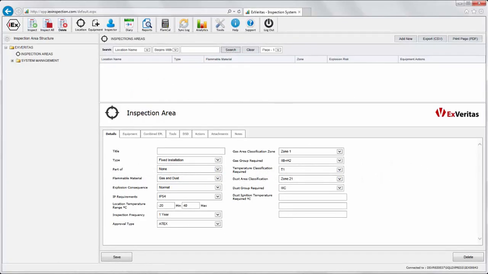The installation and inspection standards require knowledge of both the hazardous area and the equipment installed within the hazardous area. To that end, the first thing that we must do is set up the area to be inspected. To create an area, make sure you're in the location section, and if you need to add a new area,